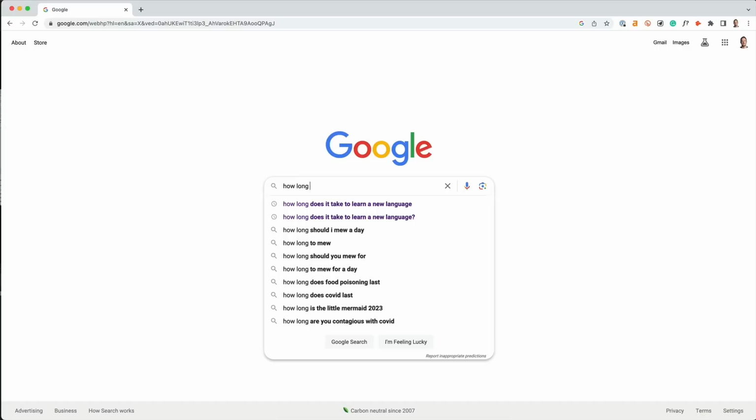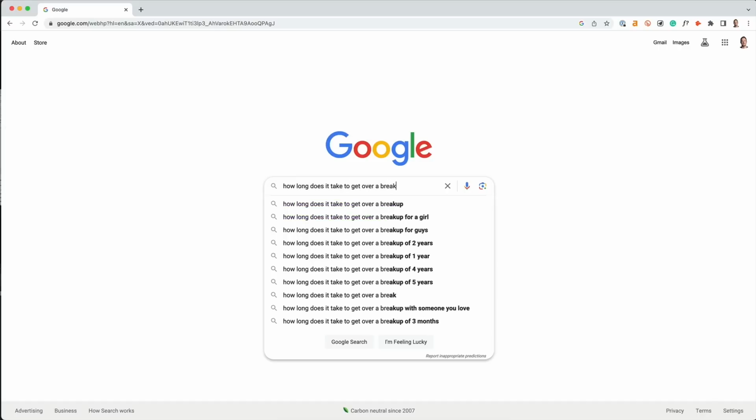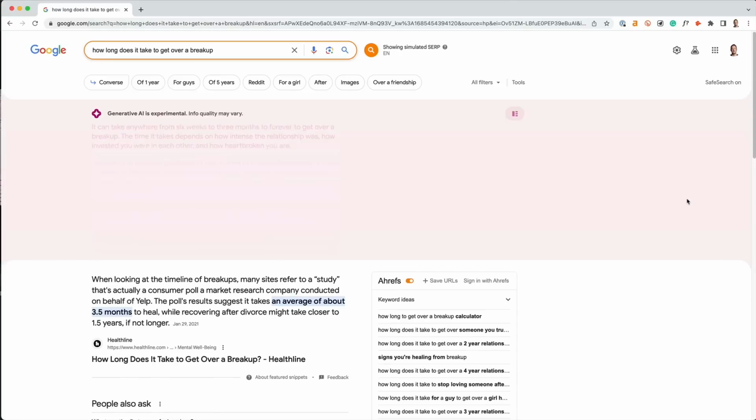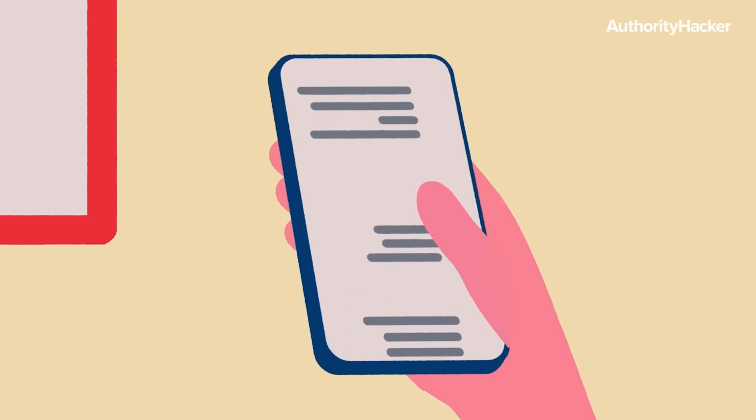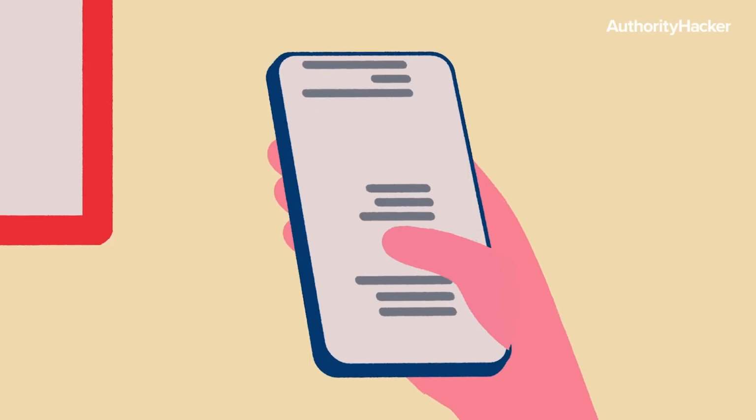Now, the same thing happened with the query how long does it take to get over a breakup, where the first paragraph was straight up lifted from Women's Mag without a citation in the main view. Thank you, Literary, for reporting this one. It was a really interesting one. So I'm expecting Google is using the beta to find these issues and iron them out eventually, but really we could have a lot less space wasted, websites a lot higher on the SERPs,